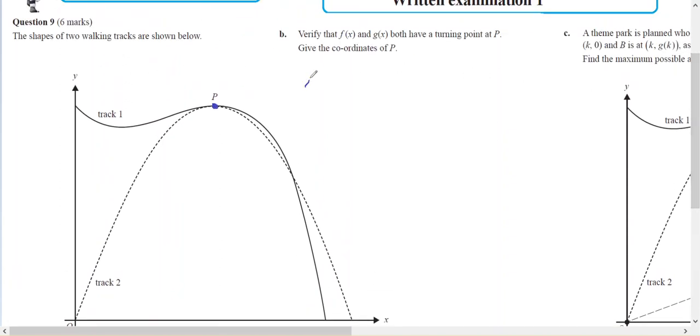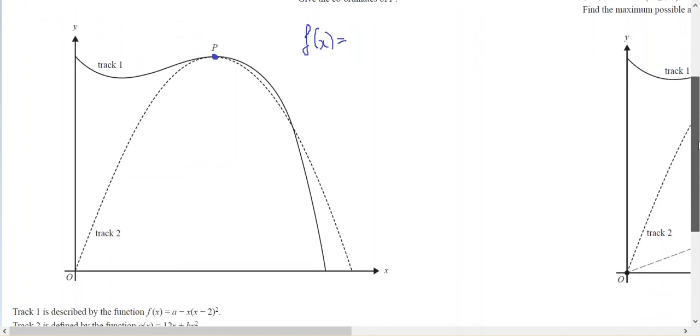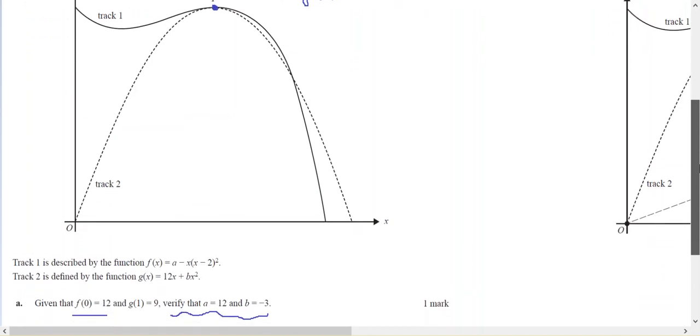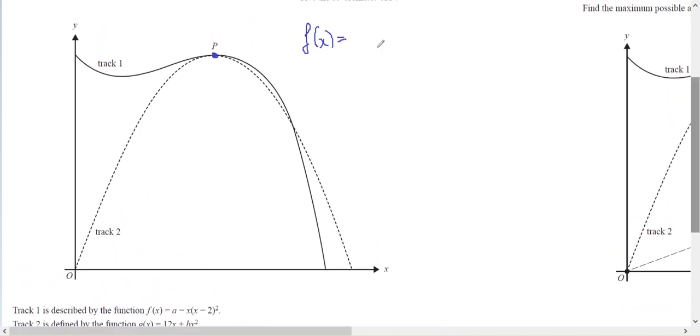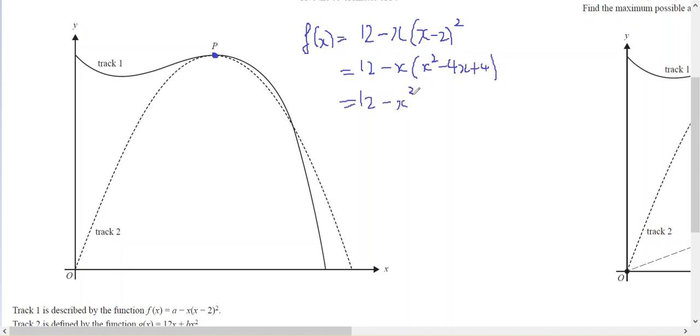So now I know that A equals 12, so f of x is 12 minus x times x minus 2 squared, which is 12 minus x times x squared minus 4x plus 4, which is 12 minus x cubed plus 4x squared minus 4x, and f dash of x equals minus 3x squared plus 8x